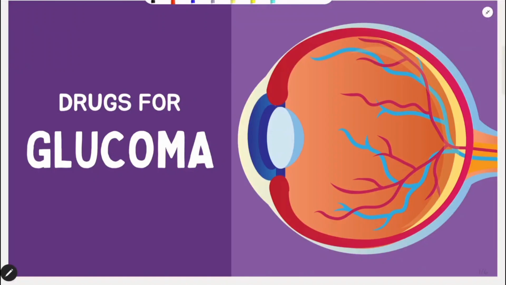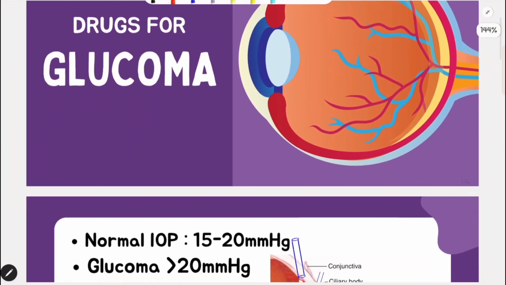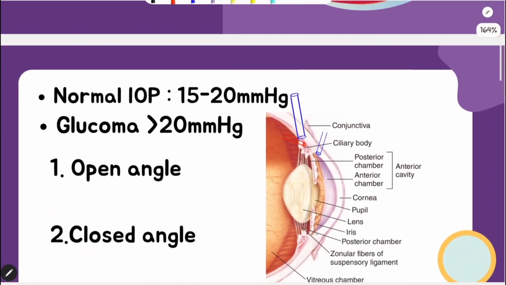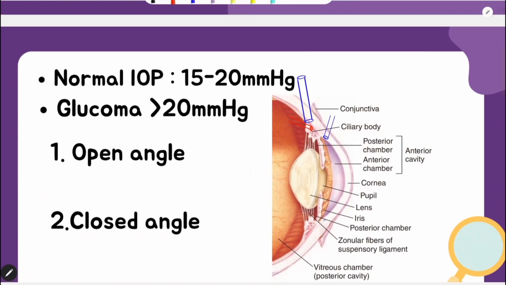In this video, we are going to discuss in detail anti-glaucoma drugs. At first, we will discuss some anatomy and physiology of the eye. The eye cavity is mainly divided into two parts, the anterior cavity and the posterior cavity,